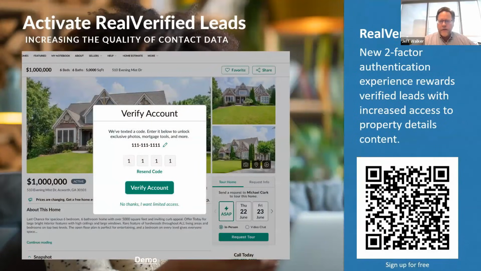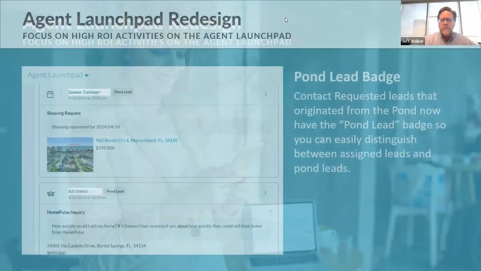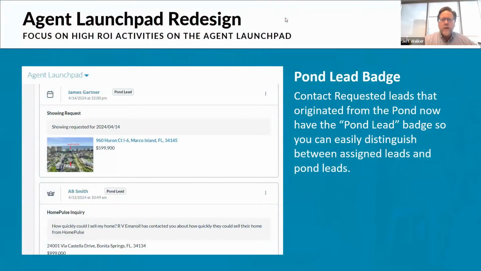All right, and last up, in terms of improvements is the Pond Lead badge. So the way that the Launchpad works with contact requested leads is it's going to show you any inquiries that came in from leads that are assigned to you or any leads that are assigned to a pond that you are part of. And so that's ensuring that pond leads that are raising their hand and asking a question